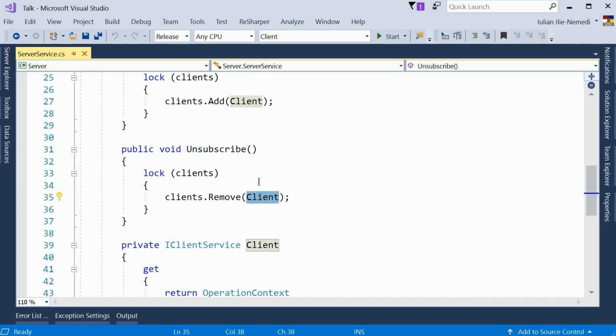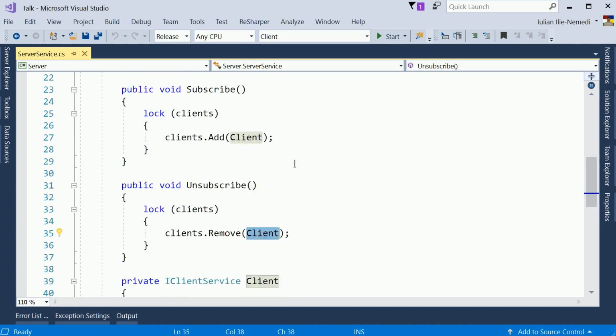However, because of the way the equals is overridden in this class, when we unsubscribe, we will remove an object which has a different address but has the same content as the previous one,